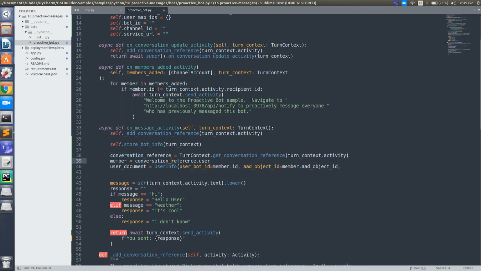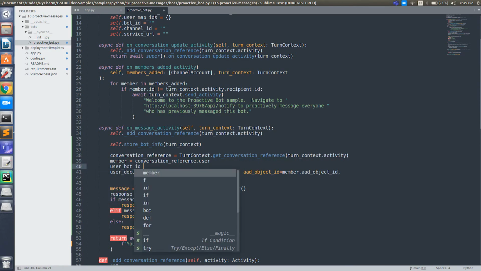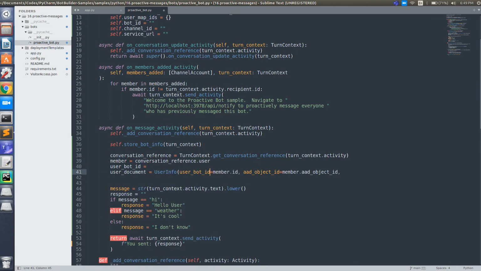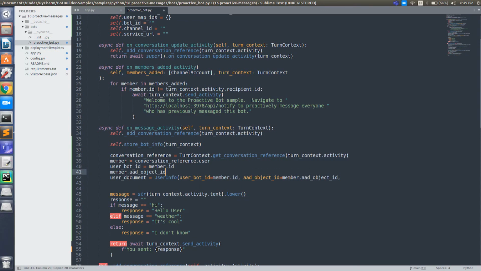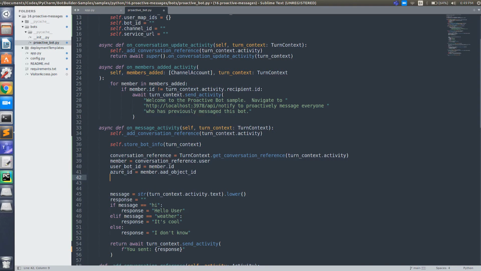From that conversation reference, we can find who the user is. So now we can find user bot ID is equal to this member dot ID, and Azure ID is member dot ID.